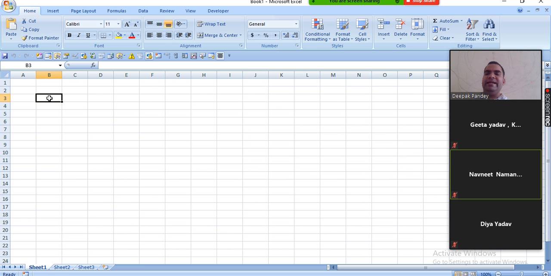We are creating a table for that, a practice table, and we are using the example given in your book. So let's move ahead. First column is,